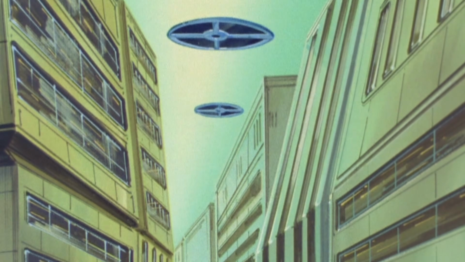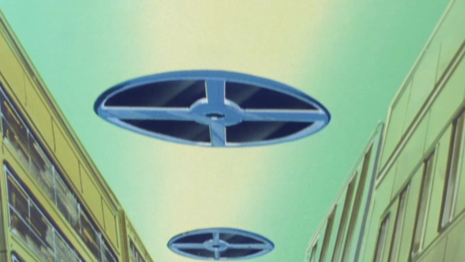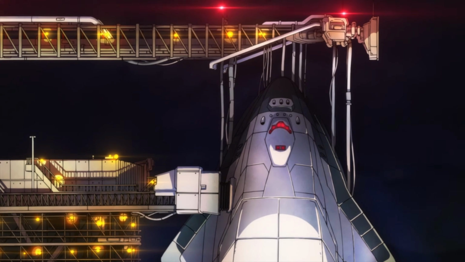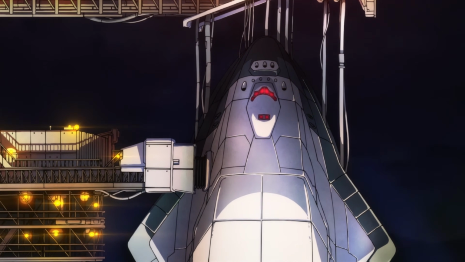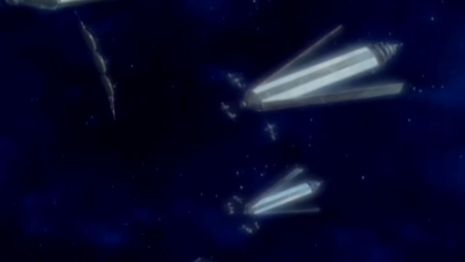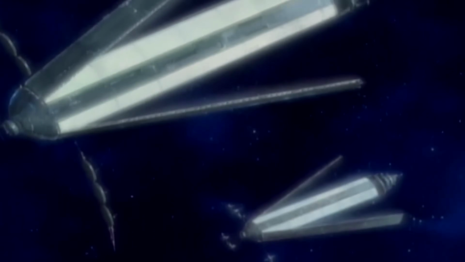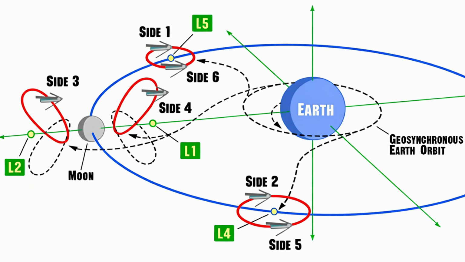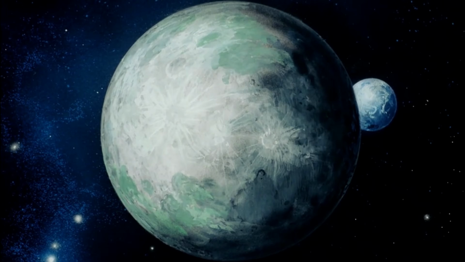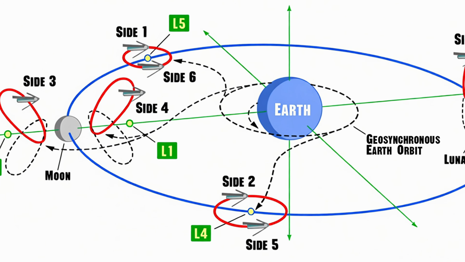preceding decades. With the future of not only Earth but humanity itself at stake, the Earth Federation would expand upon existing initiatives to colonize outer space as a form of population control. At first, this would take the form of colonies on Earth's moon, but would expand to produce what would become known as sites, floating groups of colonies in specific locations around Earth and the moon, known as Lagrange points, where the gravitational fields of the Earth, its moon, and the sun all neutralized each other to form a stable balance.